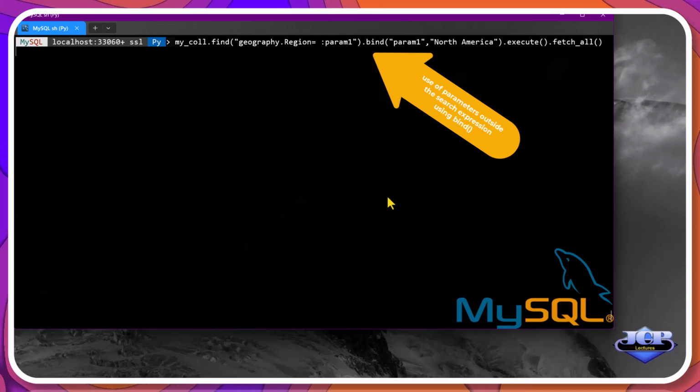Changing the keys and values with the find and patch methods, we can display a set of different documents, as you can see.